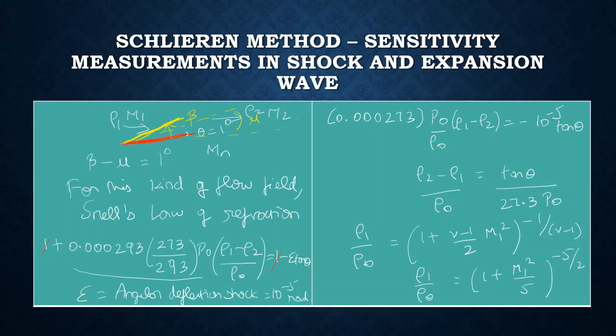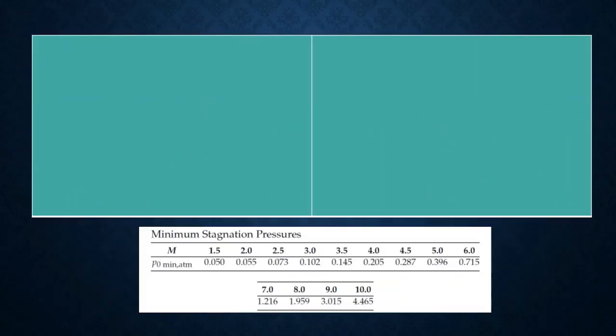So if we substitute gamma is equal to 1.4, since we are using air, for air the specific heat constant is 1.4, so 1.4 minus 1 is 0.4, divided by 2, it is 0.2, so 1 by 5 is 0.2. Just we are replacing the decimal with a fraction, I have expanded this relation for your betterment of understanding, right? So it is rho 1 by rho naught, and after writing by rho naught, we have to find the value of rho 2 by rho 1.